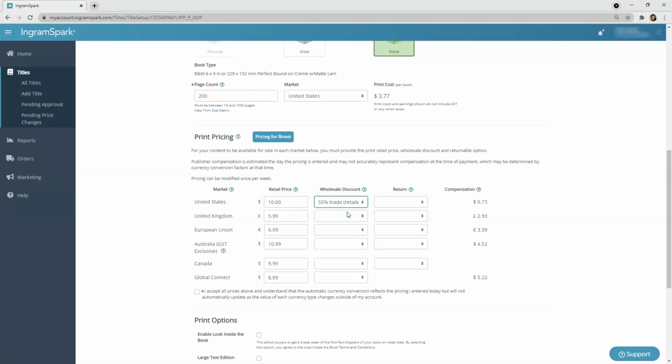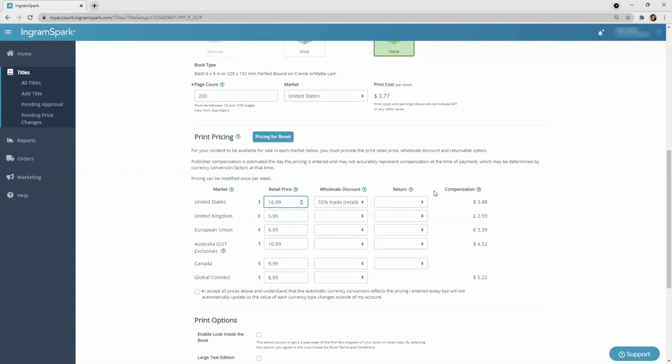If that's not quite as much as you wanted, you can of course adjust that retail price. So let's say maybe 16. I always end a price with a 99, a 95, or a 0. I think that the 99 looks a little better though. At $16.99, with a 55% wholesale discount, each sale in the United States would generate $3.88.